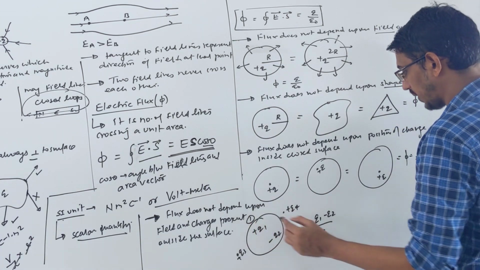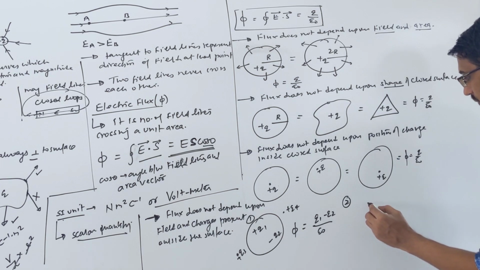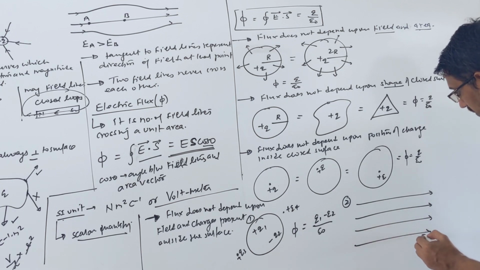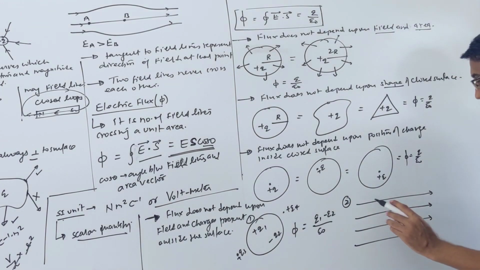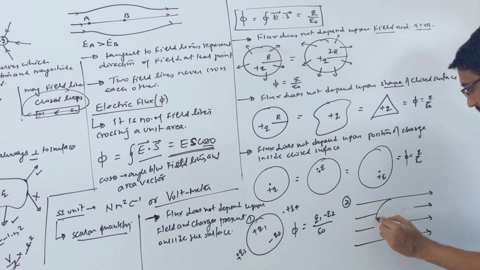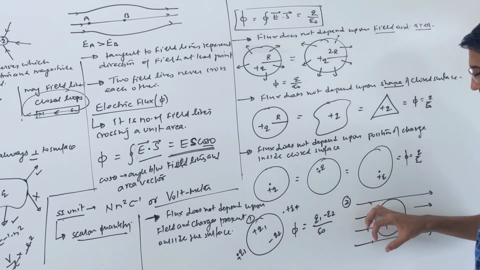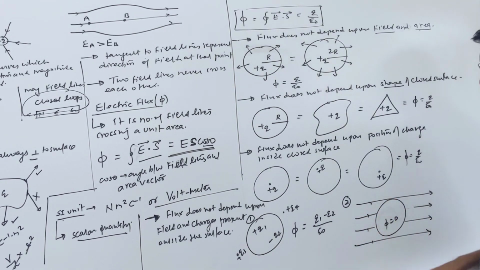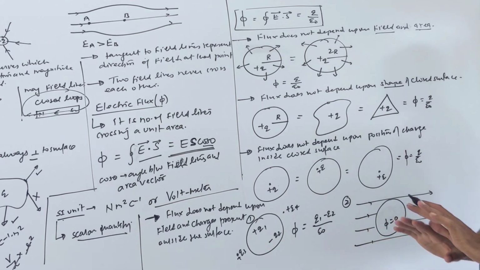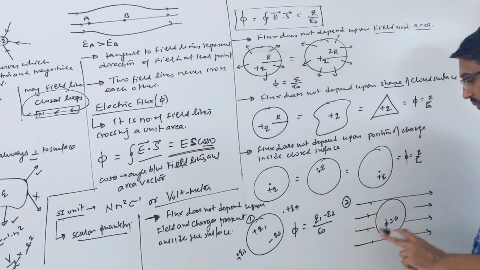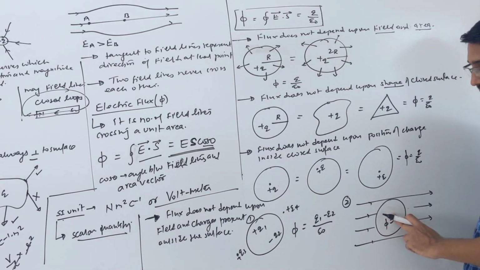Or this is one picture, you can have it this way also. Suppose some external field is there, and you put a body inside this field, you put a sphere. Then somebody asks you what is the net flux coming through this sphere. The answer again is 0, right? External field is there, so no net flux is coming through this surface, because flux going in is the flux coming out, so net flux due to an external field is 0. External charges or an external field will not produce flux. Suppose some charge was placed inside this sphere, then that will produce flux. In this condition flux will be 0.